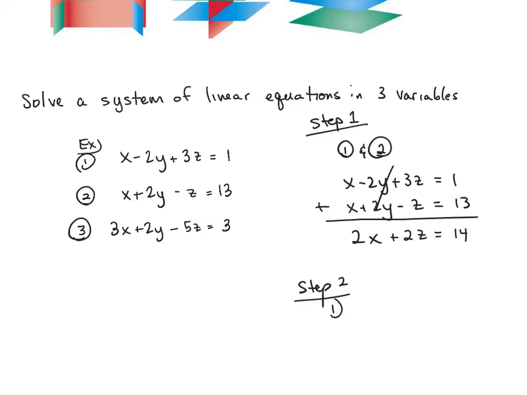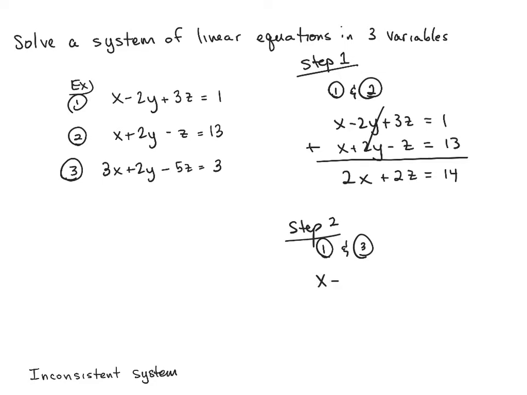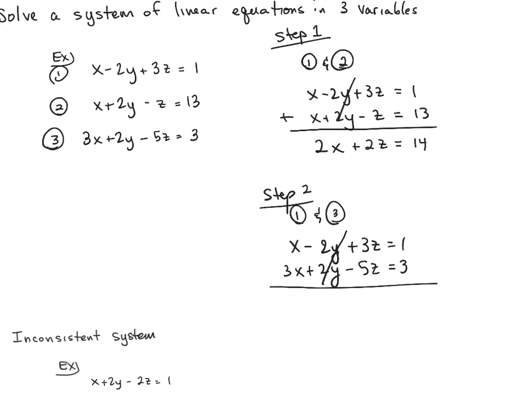So equations 1 and 3 would be x minus 2y plus 3z equals 1, and then equation 3 is 3x plus 2y minus 5z equals 3. If you do the elimination method on this, the y variables cancel, and again it's important that you eliminate the same variable in step 2 that we eliminated in step 1. For step 1 we eliminated y, so in step 2 you need to eliminate y. That leaves us with an equation of 4x minus 2z